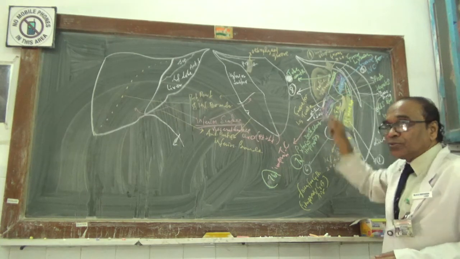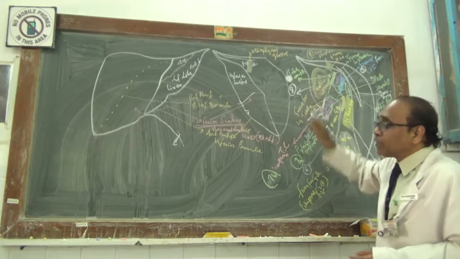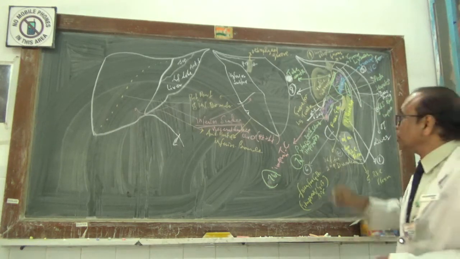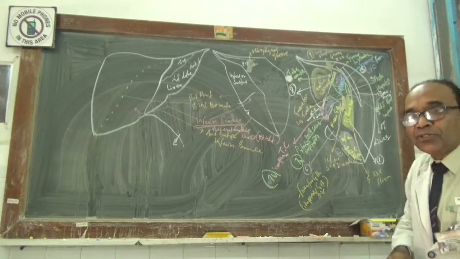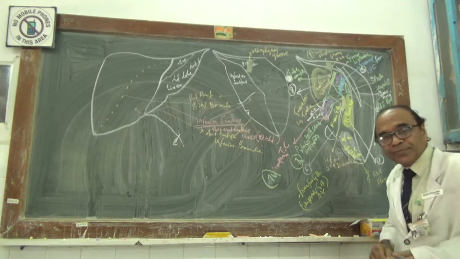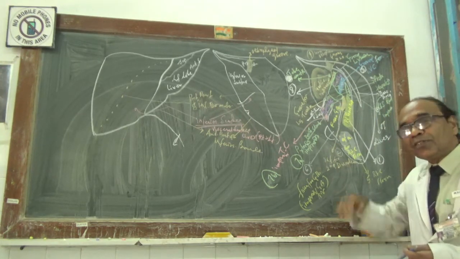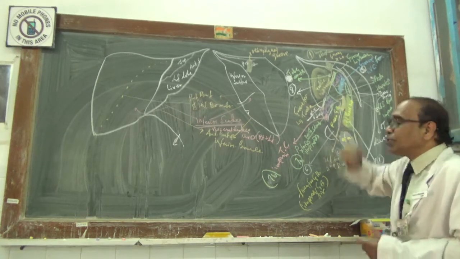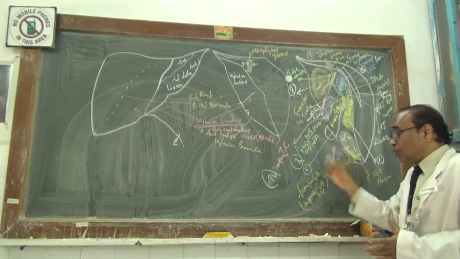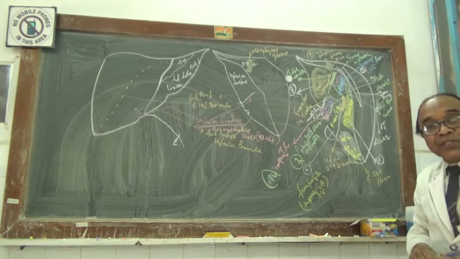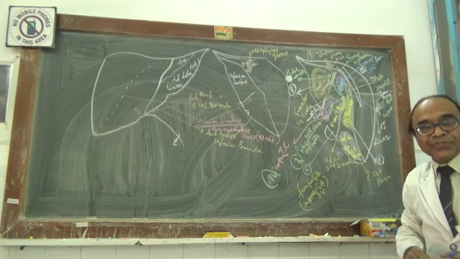There is one elevated portion which appears like a tubercle, that is called the tuber omentale of the liver. There will be one more tuber omentale on the pancreas, so you should know this. So this is what you will be getting on the liver. These are all the impressions.